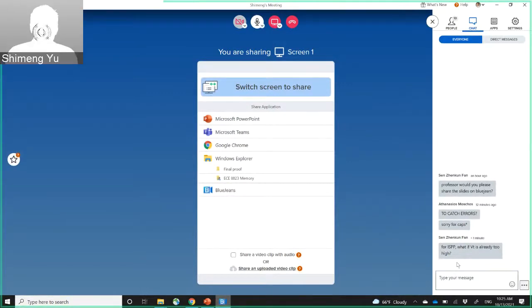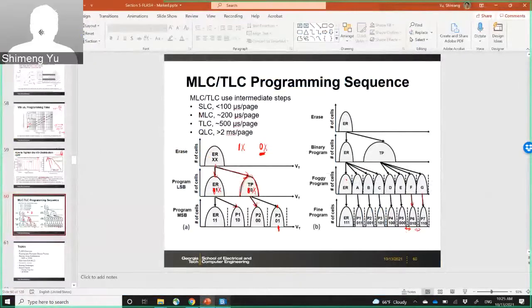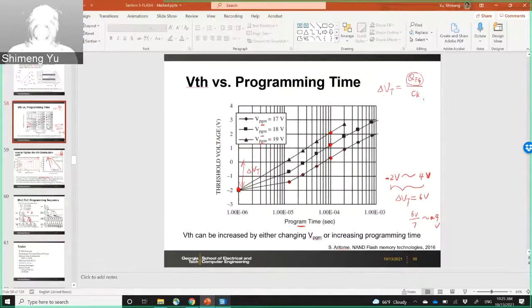One question from the chat. For ISPP, what if VT is already too high? If VT is too high, you will not have the VT too high case, because here for the ISPP, we